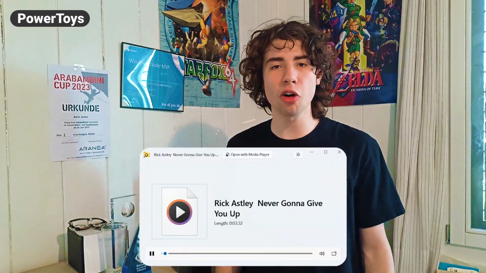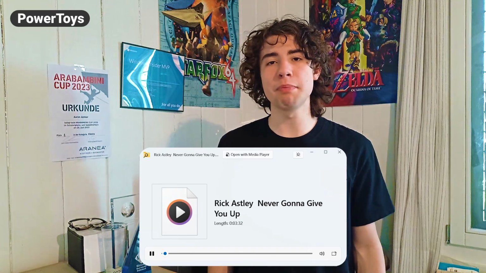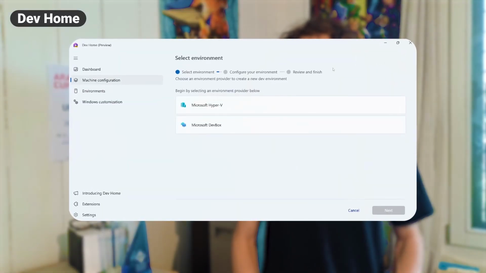DSC for PowerToys allows you to set PowerToys settings. If you want to know more about DSC for PowerToys, I'll link the documentation in the description. Additionally, PowerToys Peek now supports WebM and WebP files, as well as audio files, which can now be played in an audio player. PowerToys' sister project DevHome also got an update to version 0.13, which adds a new environments page